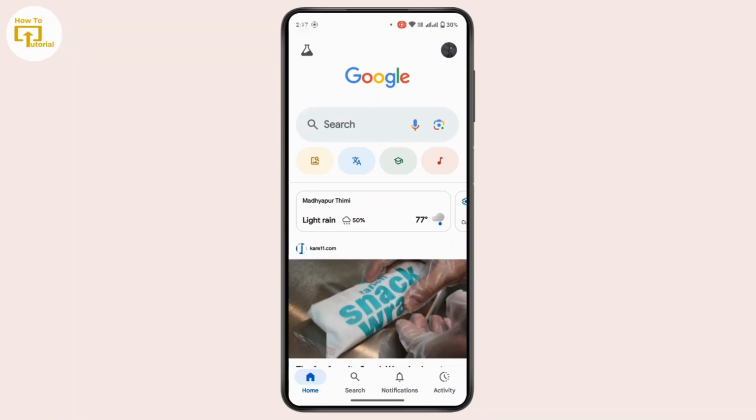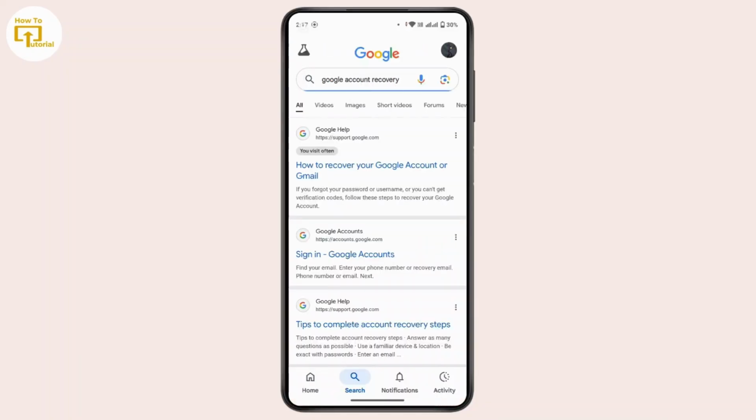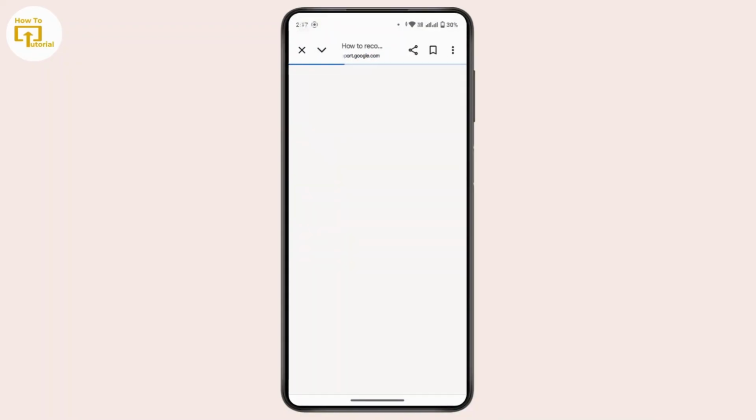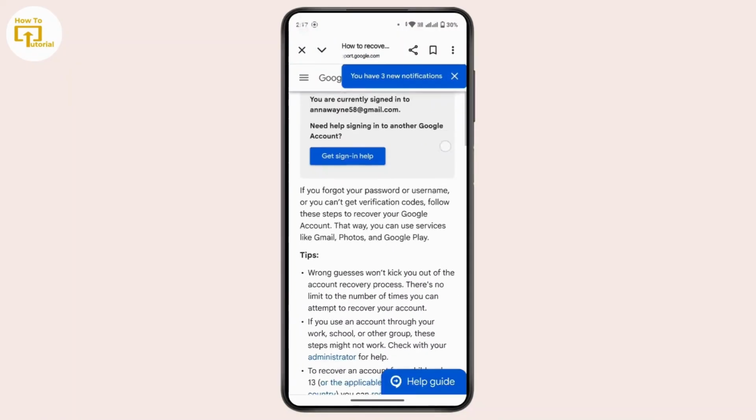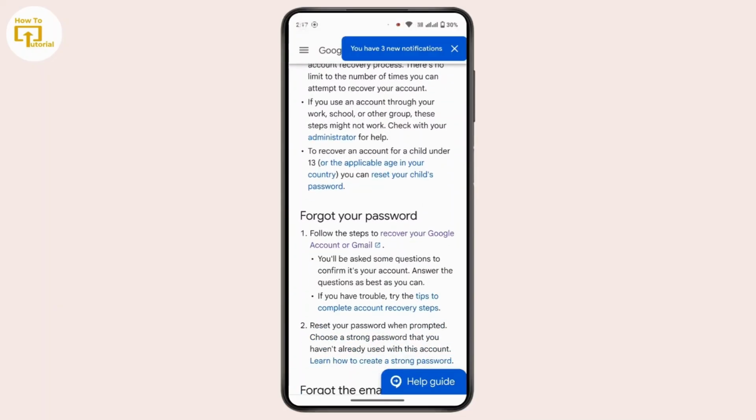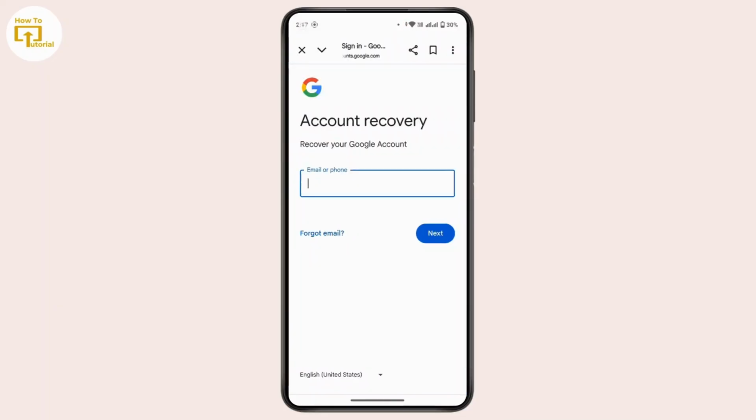For that, you have to open up Google and in the search bar search for Google account recovery. Head over to the first link on your interface. After that, scroll down a bit and there is this link that says recover your Google account or Gmail. So tap on it. Once you're here, now you have to type your email or phone number that is linked